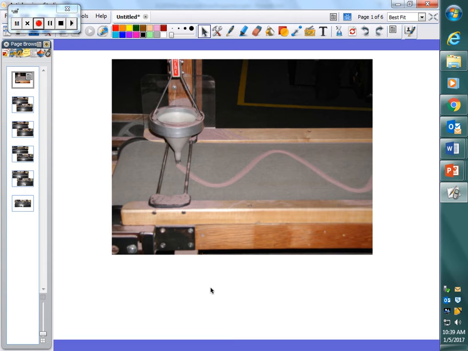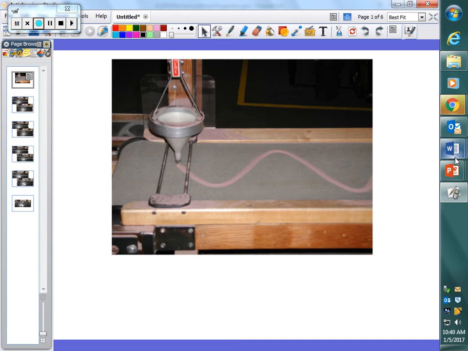But this part here is a conveyor belt of a table. And so as this conveyor belt moves to the right, the sand gets dropped on the conveyor belt, but the next sand that gets dropped isn't in the same place because the conveyor belt has moved, right? End result, what have we created on the conveyor belt? A wave. Specifically, what kind of a wave? It's a transverse wave, right? So we can see how the movement of the pendulum actually does relate to wave behavior if we can see the end result of it.